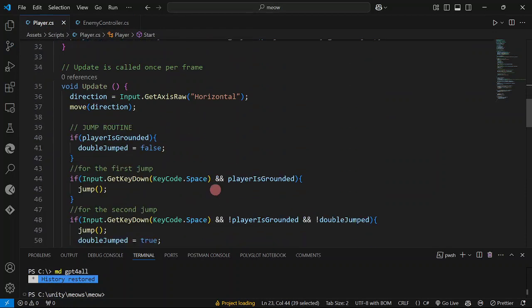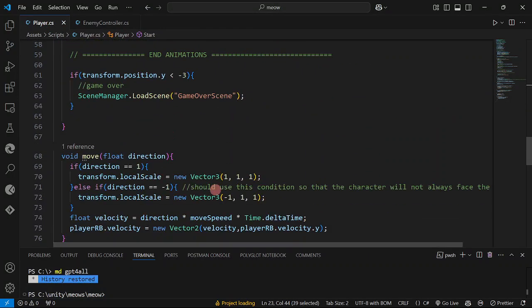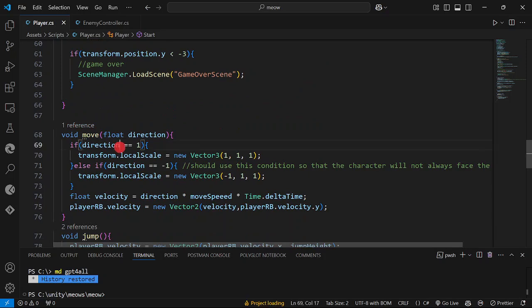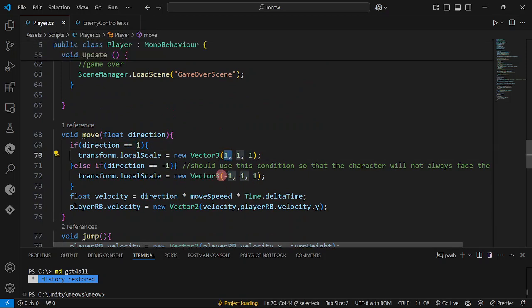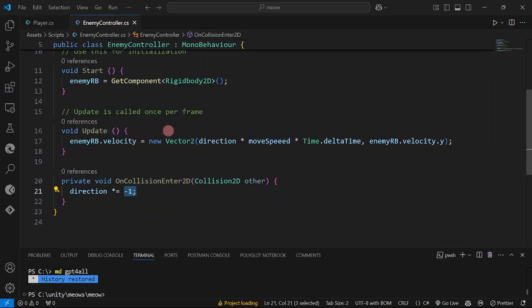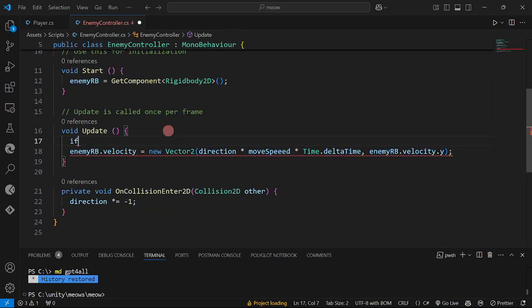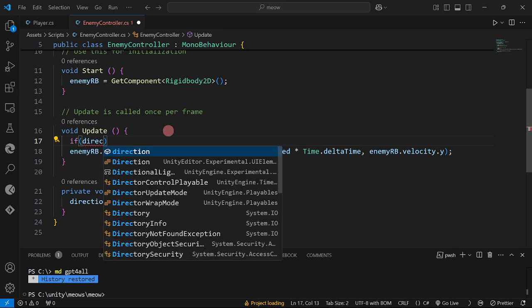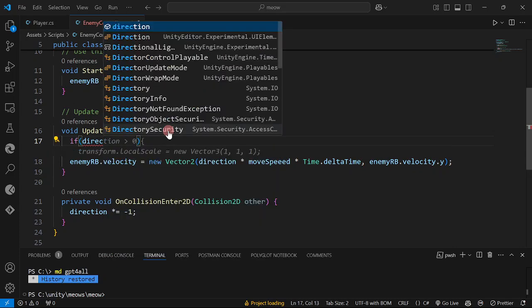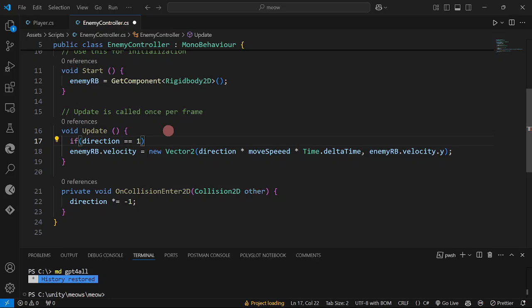If direction is equal to 1, then we move it to the right; to the left, then we have -1. So if direction is equal to 1, then